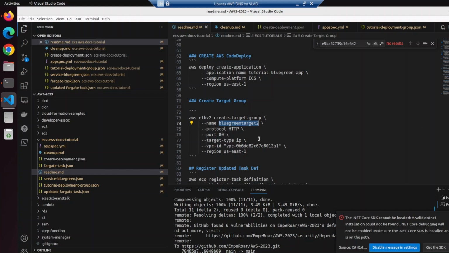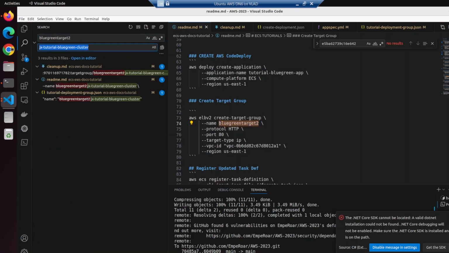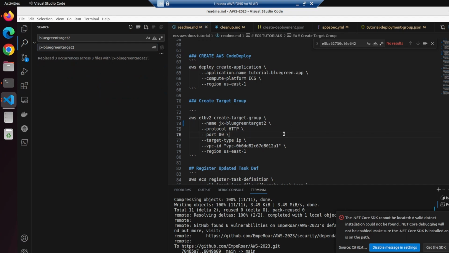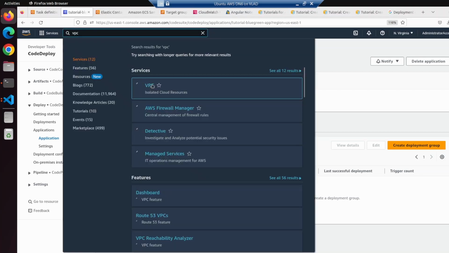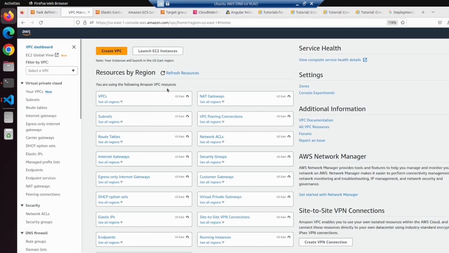Blue green target 2. All right, so blue green. Let's check for the blue green target 2, and then let us just replace it with a JX and replace all. Right, so we'll create it, and then the VPC is still the same VPC that we created, and